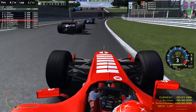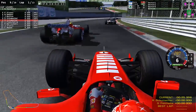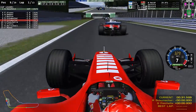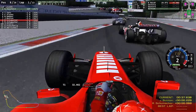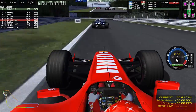on the curb there, almost up to the gravel, and Michael's had a horrible start actually, losing 3 positions, but now Ralf Schumacher, look at that, straight around the outside of his brother there, so the two are really carrying some massive speed around here, but Michael's lost 3 positions on the start there, so he's got work to do as he now dives one up the inside of turn number 4 here, just a little bit of a squeeze there, and Michael eventually manages to get past Ralf Schumacher, and he also gets past Jenson Button on the exit